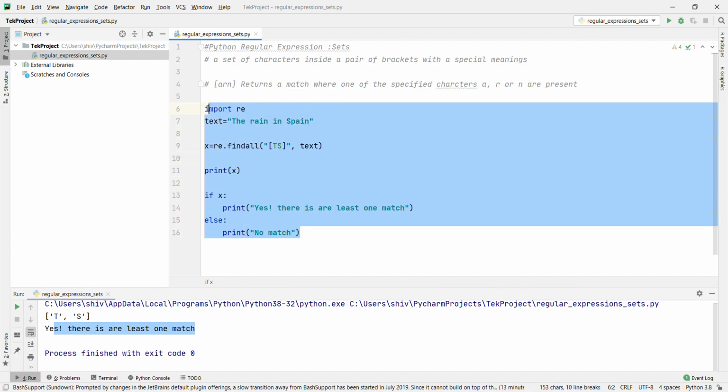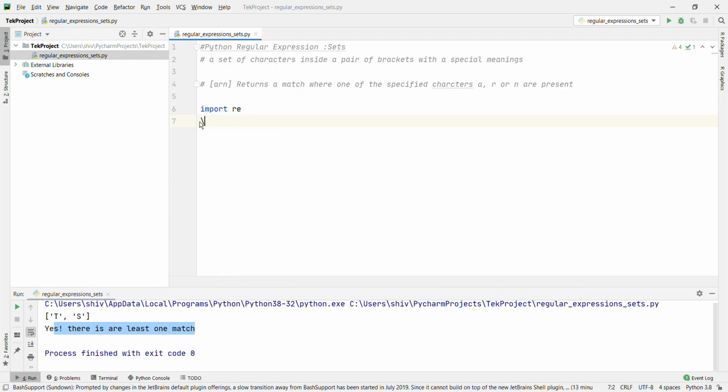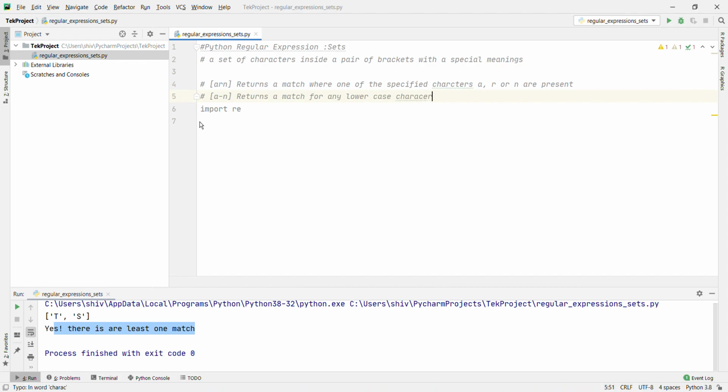Let's remove this one first. The second one I am going to show in the sets is [a-n]. It returns a match for any lowercase characters alphabetically between a to n.